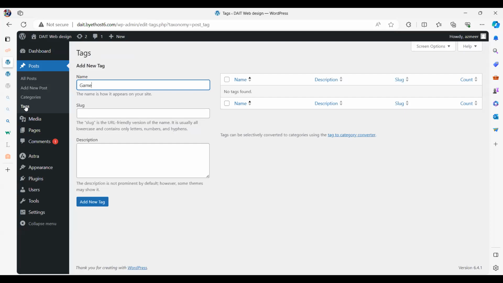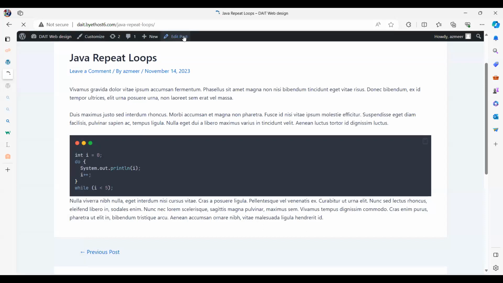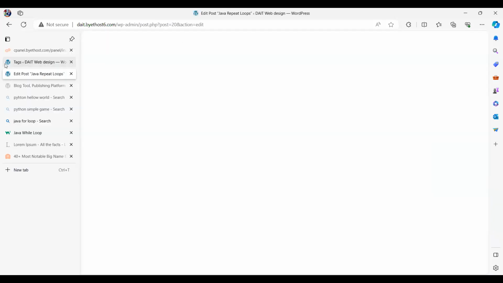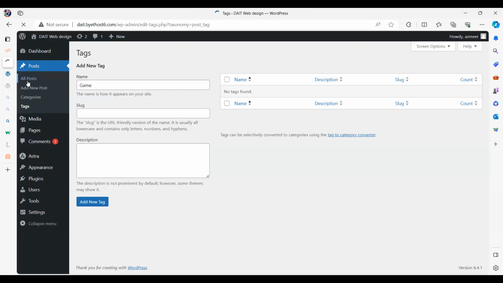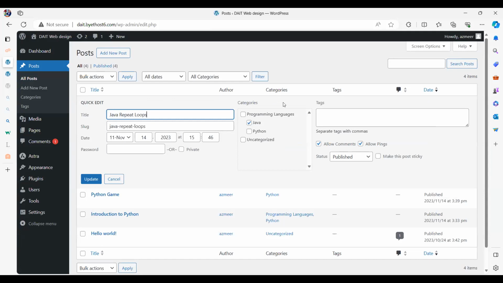In fact, what I do is I open the article and then there itself I add the tags, right? Otherwise, I can also add. In fact, I can go to my article here. There are two ways. You can either add tags and then assign it to the article, or you can open the article and then add the tags also. Right now, here is a quick way to add the tags. Let's say, for example, loops, repetition, stuff like that. So I'm separating that with a comma. And when I say update,